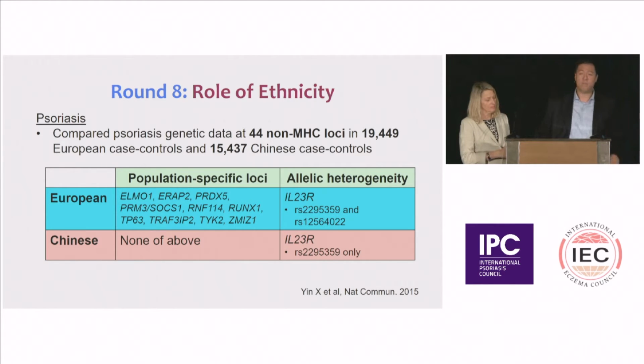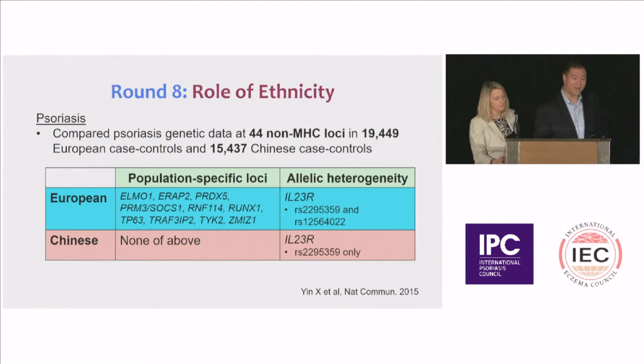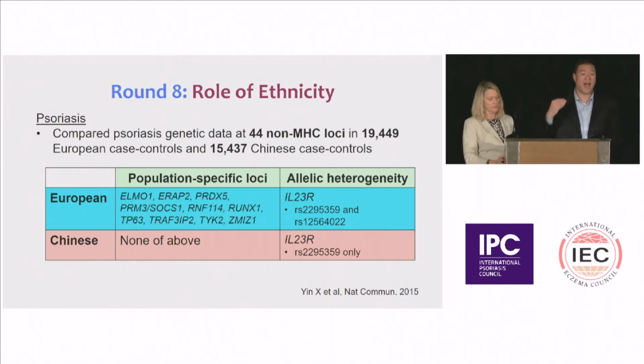And although there were many genes that were in common between Caucasians and Asians, one thing that came out of this study was that there were actually 10 genes shown in the upper left box that were only specific for the Caucasian population and which were not seen at all within the Chinese population. And this may explain to some degree why psoriasis is more common amongst Caucasians compared to Asians, because there's an opportunity for hits in these 10 genes, whereas for the Asians,